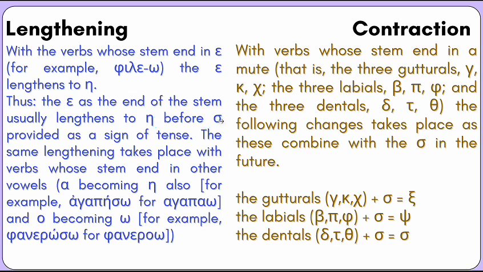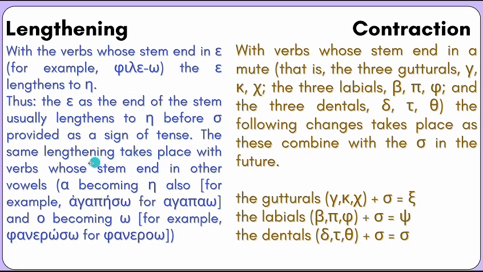Why we talk about this is because we are going to deal with a future tense which has a sigma as a sign of tense. If we encounter any Greek verb that has its stem ending with an epsilon, the epsilon will be lengthened to eta before the addition of sigma,